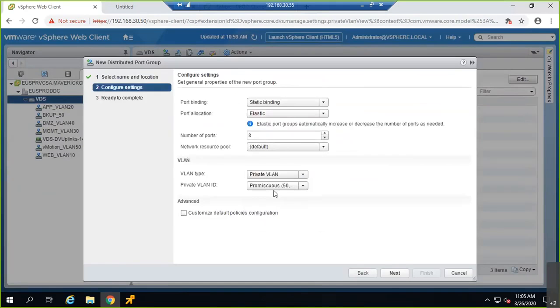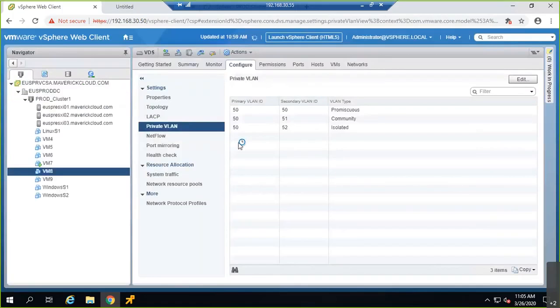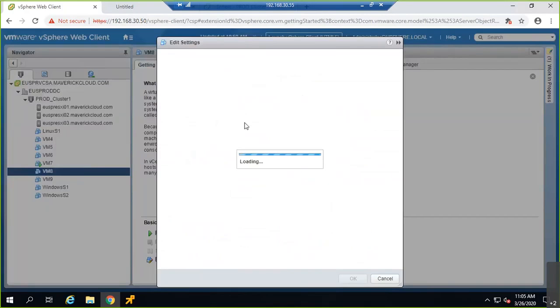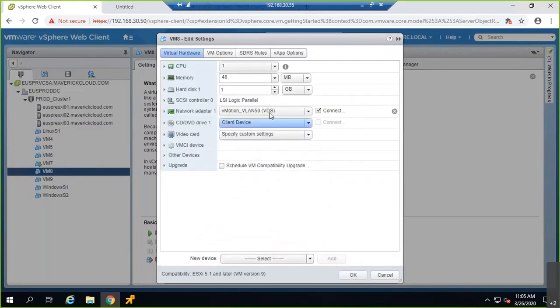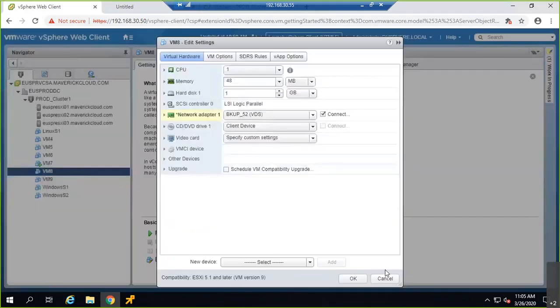Understood? Private VLAN, isolated, finish. So now edit settings on the 8th VM. 52, assign, OK,